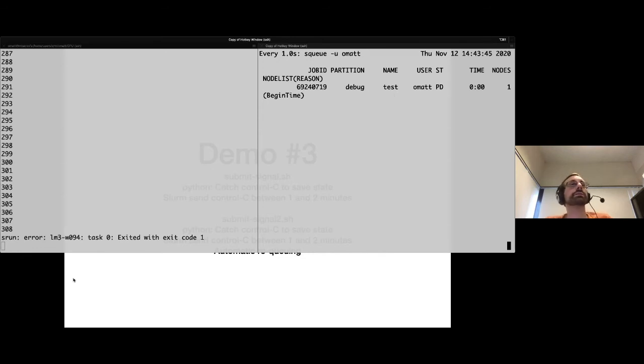So yes, you see, my job was killed here, but I still have a job here. So it was killed, makes sense. I hit my wall time, or a bit less than my wall time because of this Control-C. So that job exited with the code 1. And then you see automatically I now have a new job, which is currently pending. And the reason why it's pending is called begin time.